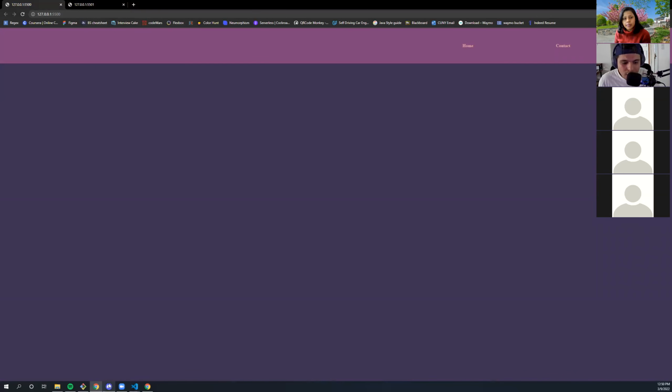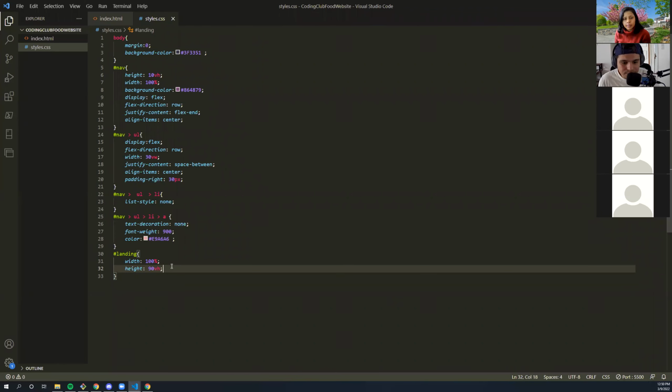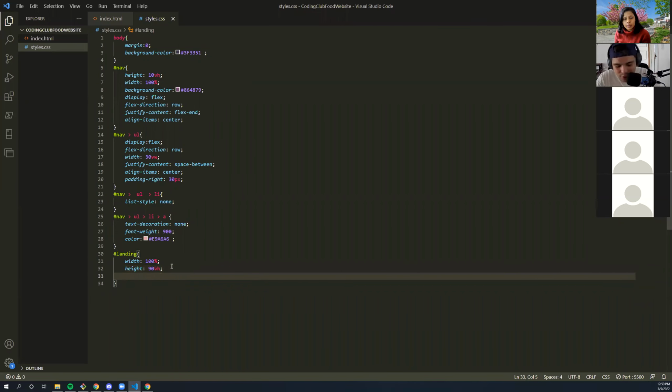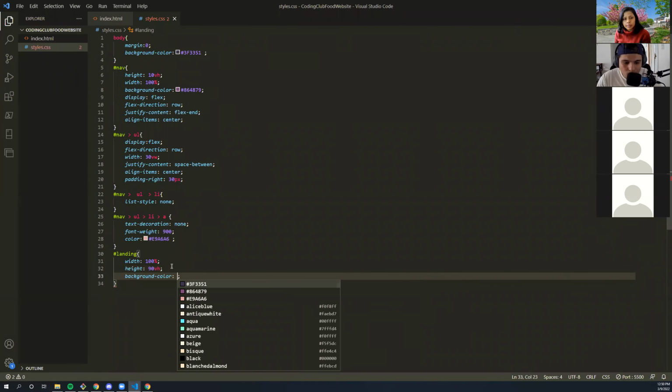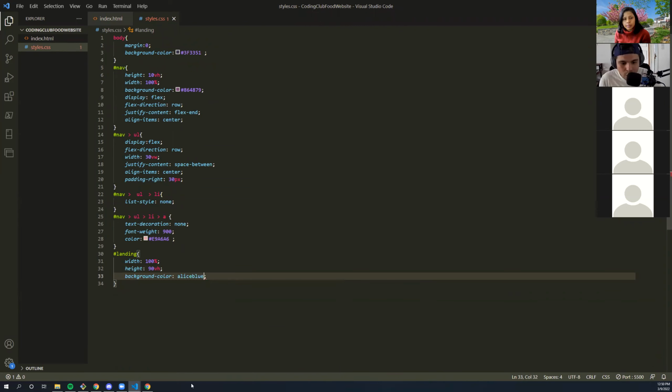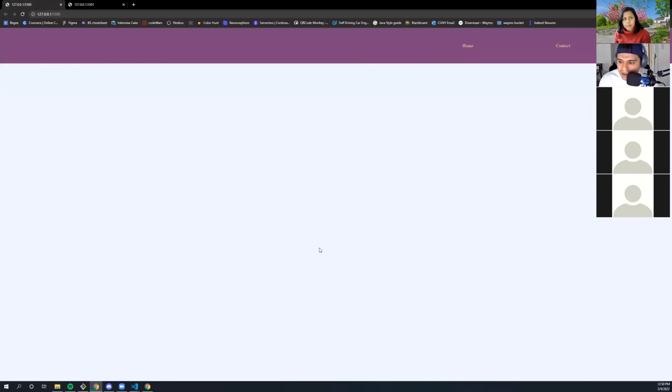So if we come back into styles, I can give this a background color so we can see what we're working with currently. I'm gonna make it white or whatever color this is, Atlas blue. And now we can see where our div is. It's all this space right here. Okay.